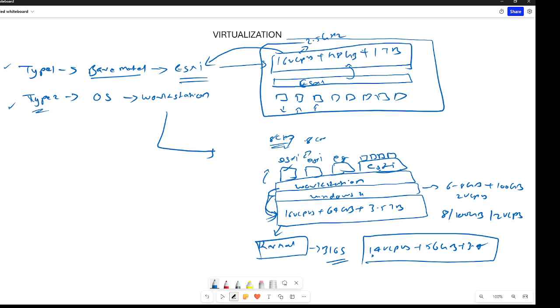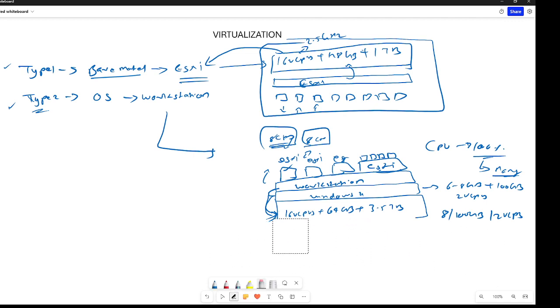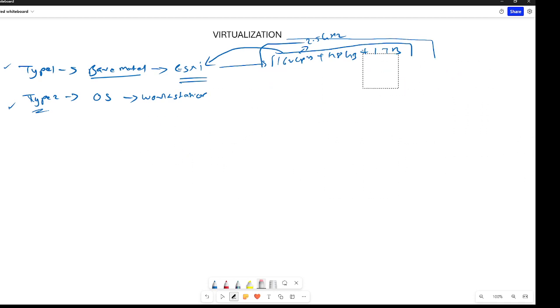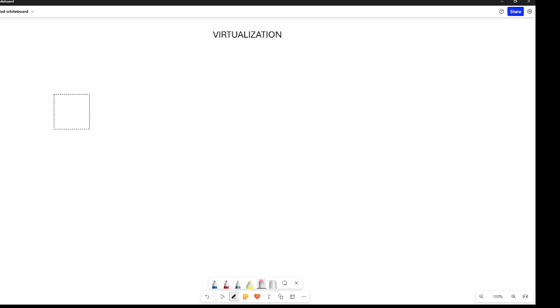But when it comes to performance, it will consume your CPU to 100%, so the laptop will be hanging a lot. The performance will be very, very poor. So you have to be very careful when allocating the resources. Now you're saying that type 2 is better than type 1 because it gives you the facility to install many more ESXi hosts. But as I said, the performance will be entirely poor because you have limited resources and you are allocating more resources than what you have.